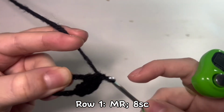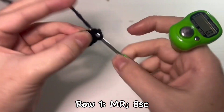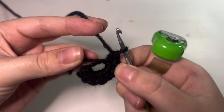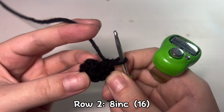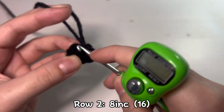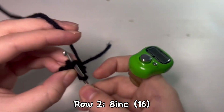If you need to, you can tighten the magic ring just a little bit so it's easier to work with, but make sure to not close it all the way just yet. Yeah, you can close the magic ring all the way and get started on the second row, which is just 8 increases. So 2 single crochet in each of the 8 stitches, leaving you with 16 at the end of